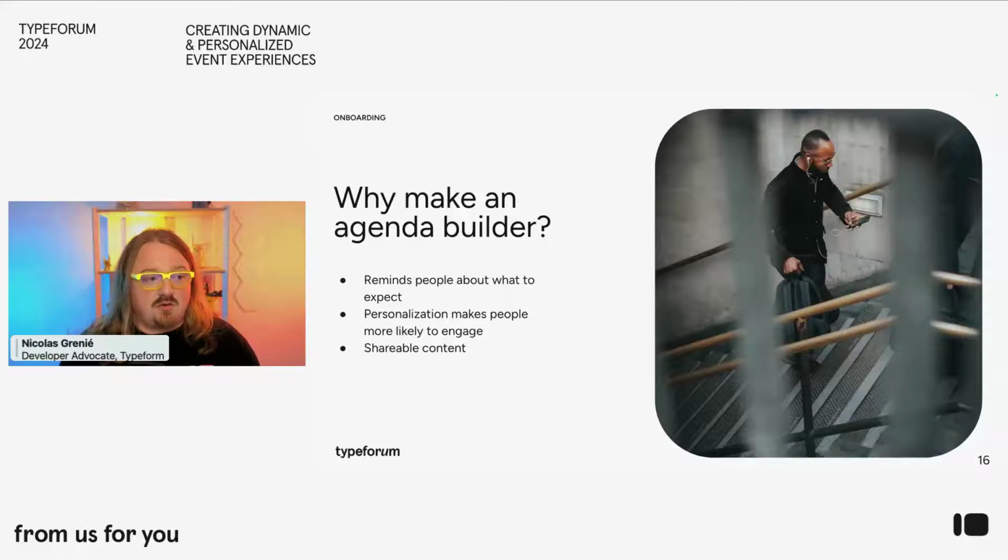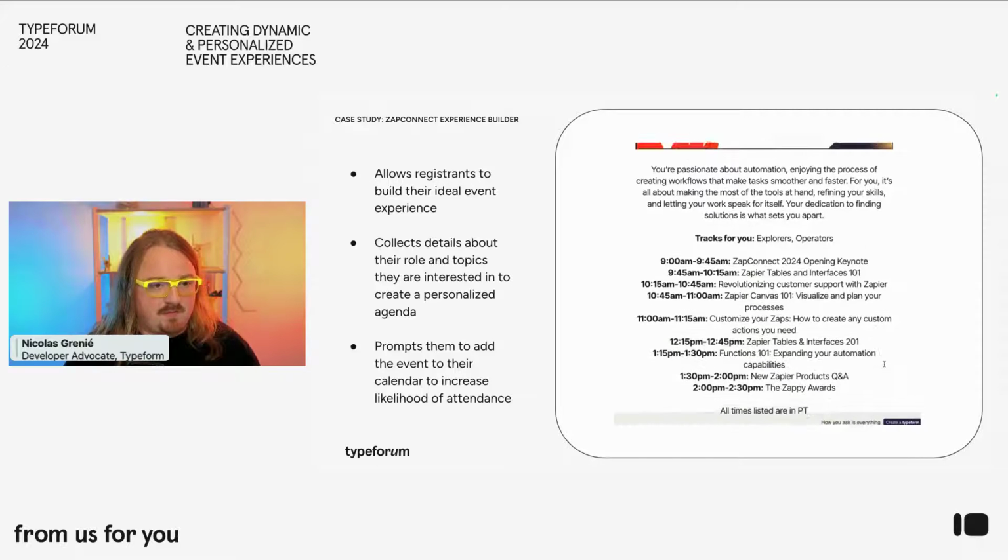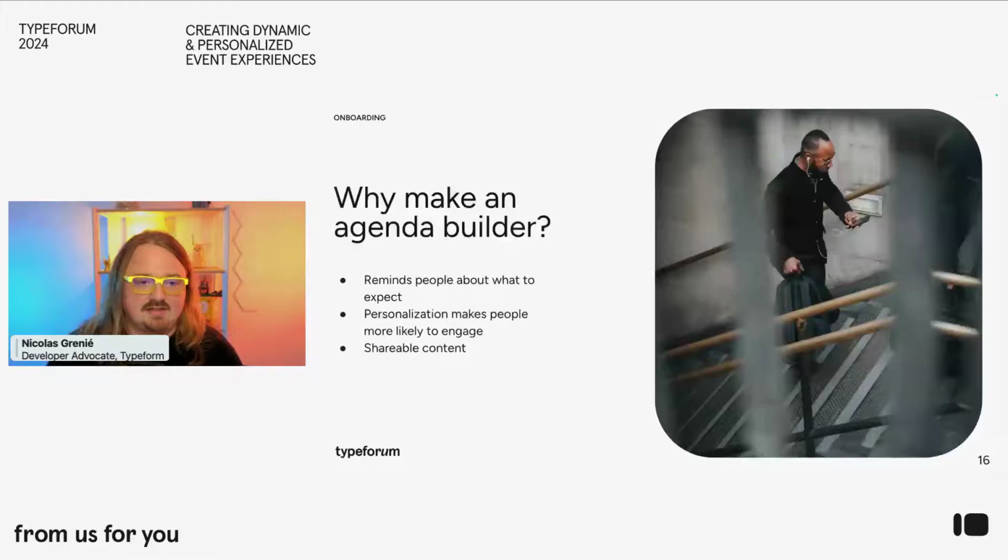So the example that we have is from our friends at Zapier, that built an agenda builder. The idea here is trying to get people to the right session during the event. So they get to set up expectation of what they're going to see. Yes, they're excited to attend your event because of the good brand you have and the good speakers you're bringing, but there's some sessions that might be a bit hidden in the agenda. With this agenda builder, you're helping them go attend the sessions that are relevant to them.